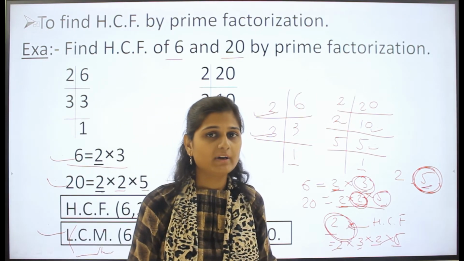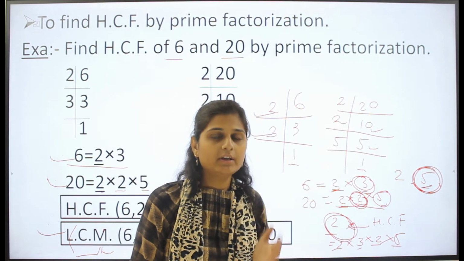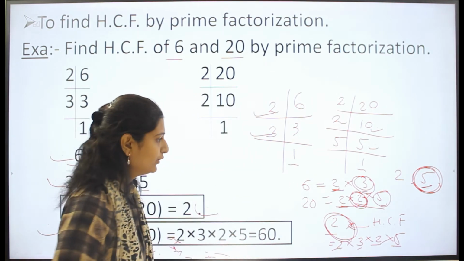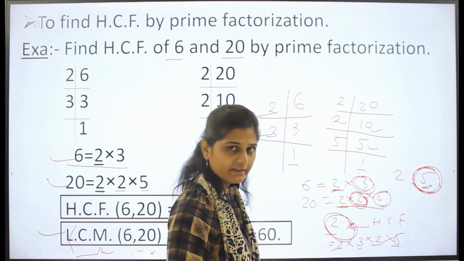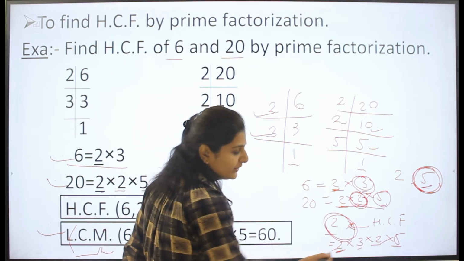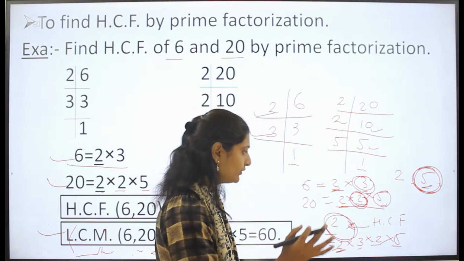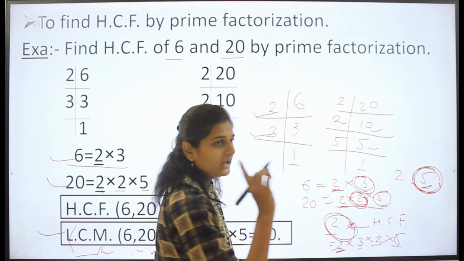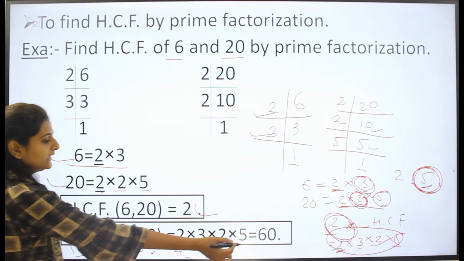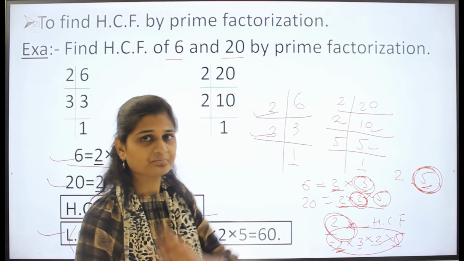When will you apply this method? When you have to apply the method of prime factorization. So what you have to do in HCF: find out the factors, then the common ones, and then the highest value. And in LCM, the common value will be there, multiples we have already found. You take the common value and the values which are coming only one time, then multiply all of the values, and then you will get the answer. Okay, so now the next thing we have is one formula.